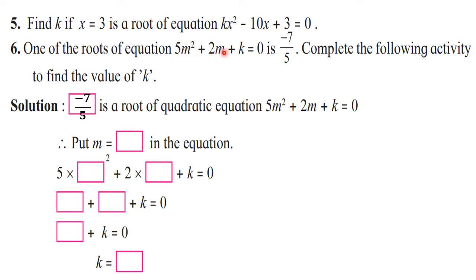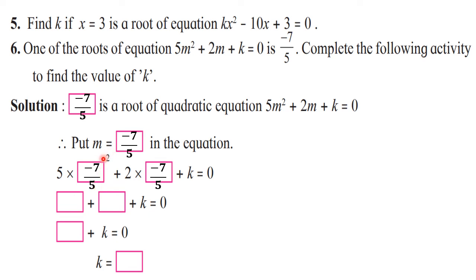That means what? In place of m, we can write down that number. That means we can put m is equal to minus 7 upon 5 in the given equation. Got it? So again the same box appears. Now the next step here is, in place of m we are going to write down the same number. So obviously in both the boxes again we are going to write minus 7 upon 5 and minus 7 upon 5. See, m is replaced by minus 7 upon 5.